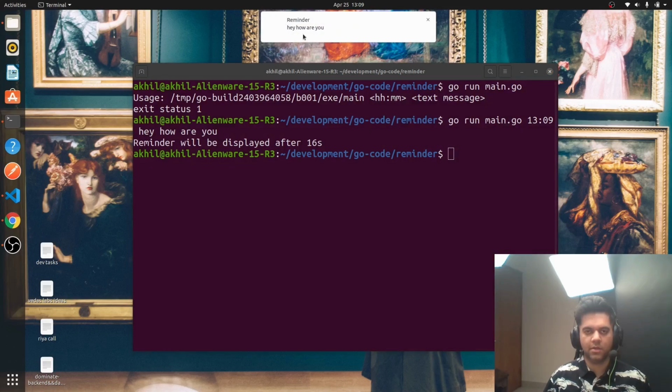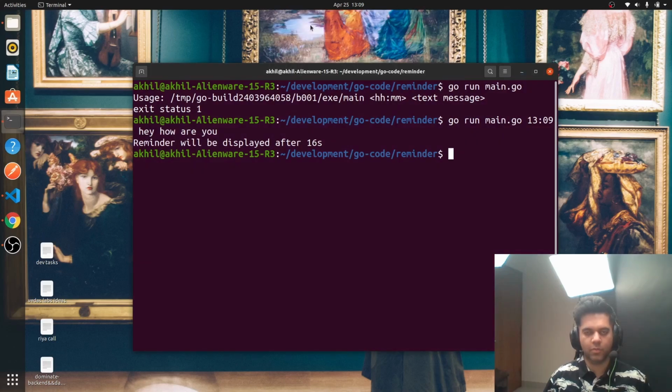As you can see here on top, it uses the native Ubuntu alert box to show me the reminder. And now the reminder has gone away. So